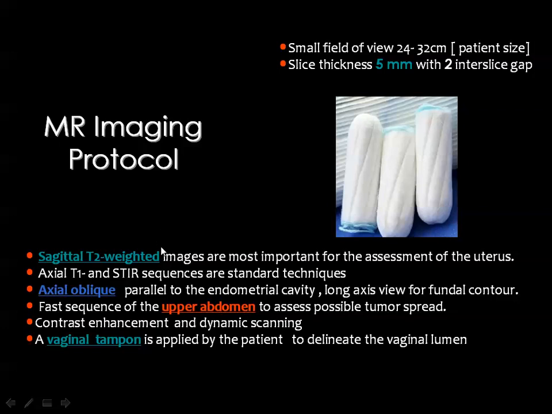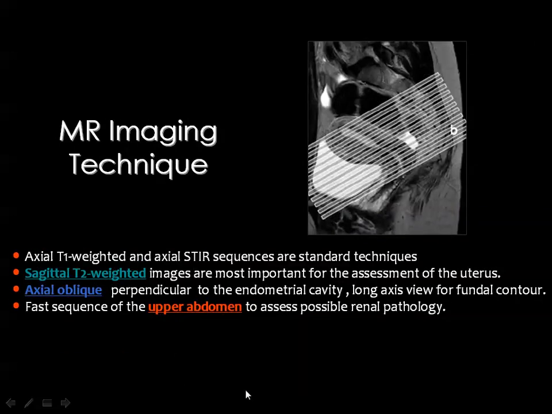Then one of the most important pulse sequences in MRI of the female pelvis is to have the sagittal T2 weighted images, which are very, very helpful in delineation of the anatomy and pathology. And many times we should also have some STIR sequences in the axial oblique images, which are aligned perpendicular to the axis of the uterus whenever we are intending to evaluate especially this part of the uterus, which is